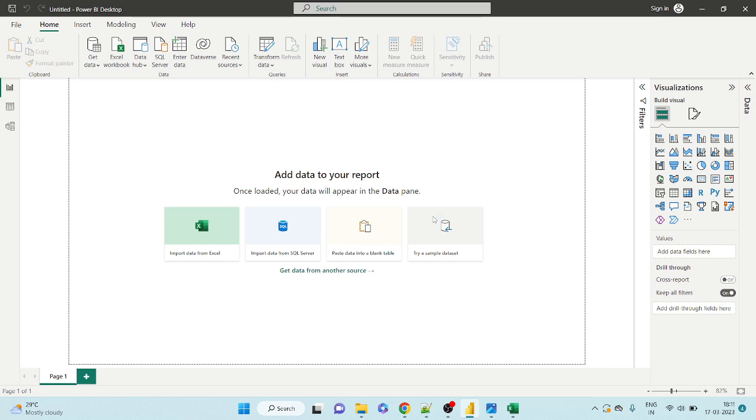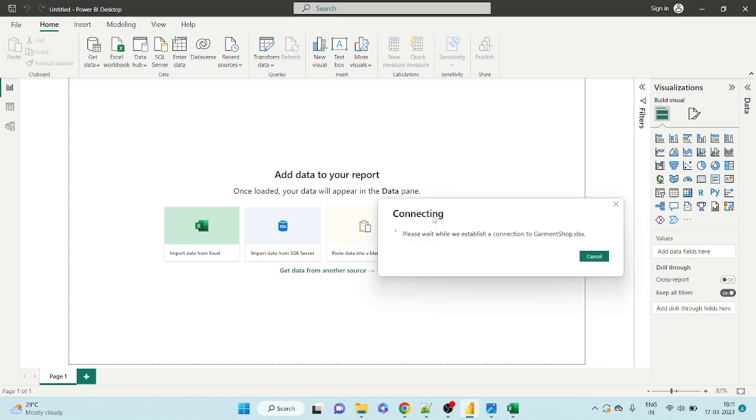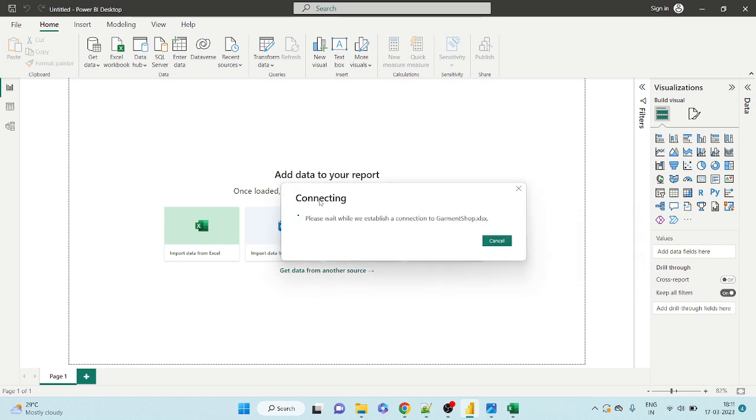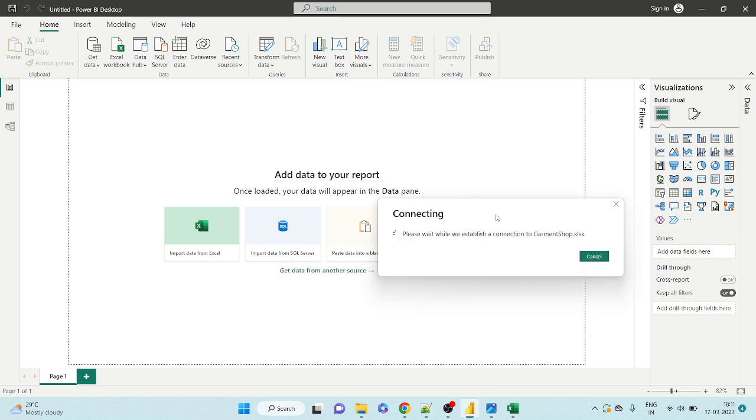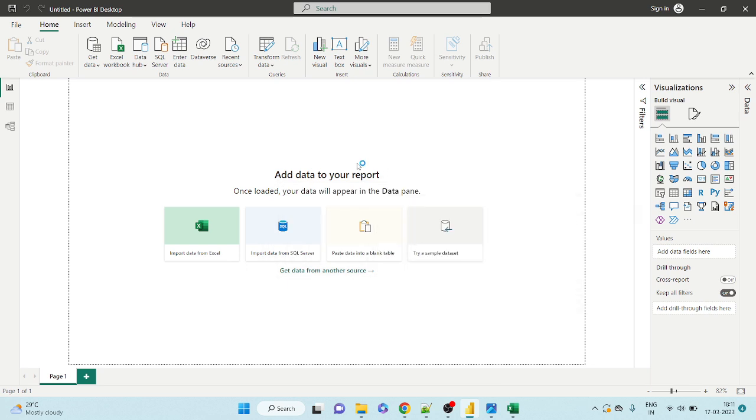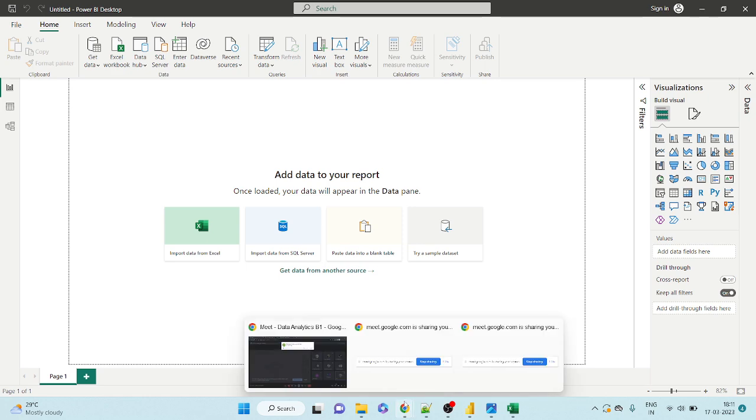There were 27 orders. Now the next step: as soon as I select my source file, my Power BI Desktop tries to connect to that particular source, where it is residing. It is residing in some location like a D drive, Power BI training, inside the Day2 folder. It says, please wait, I'm establishing a connection with your file. After that, it will open a navigator window